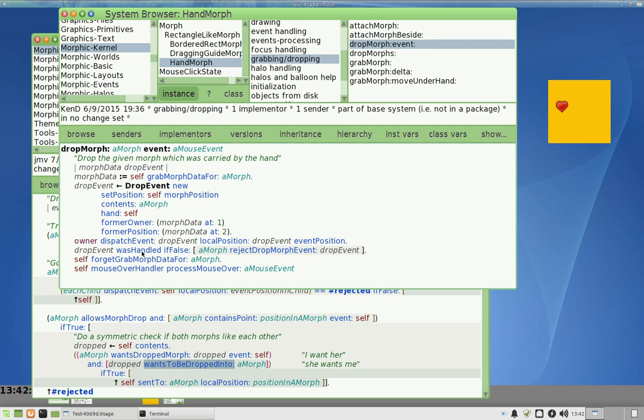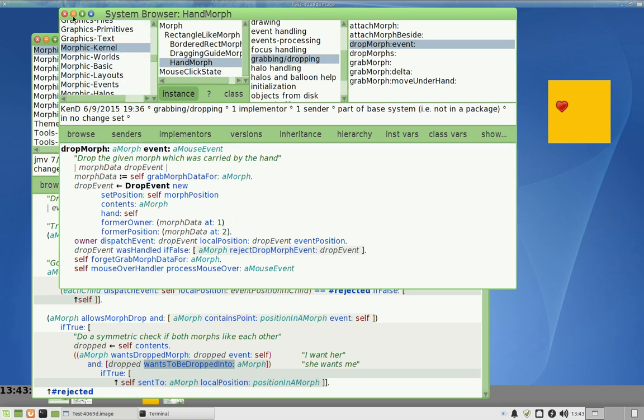And if the event was handled, great. Otherwise, I say, oh gee, the drop was rejected, and I have to do whatever cleanup is required for the drop event that got rejected. And so you can grovel through all this stuff at your convenience to understand it at a deep level. But I just wanted to show you that there's just a little dance and a protocol